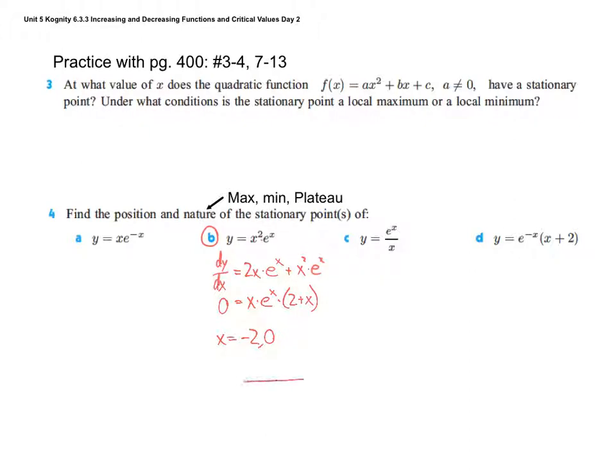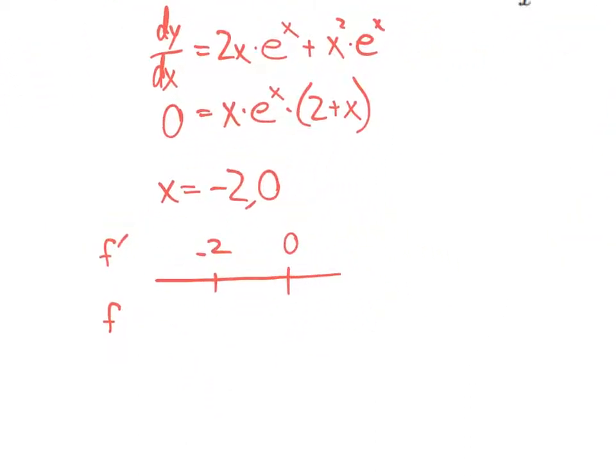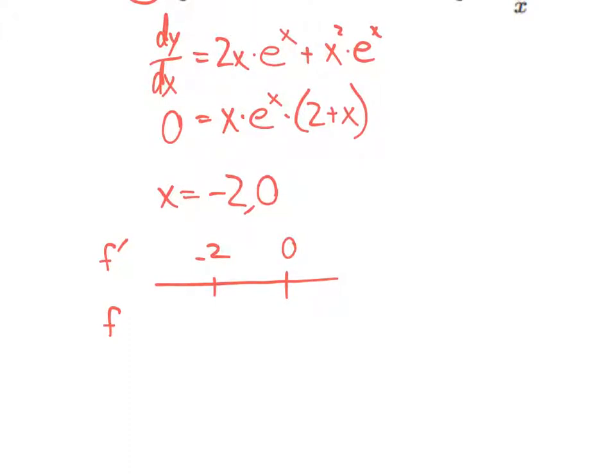I set up my sign diagram. -2 and 0 go on my sign diagram. This is defined for all real numbers, so I don't need to worry about holes or asymptotes. Okay, so now I plug in different values into my first derivative in order to figure out what happens on my original function. So if I plug in, say, a -3